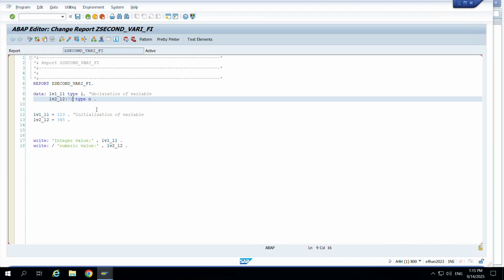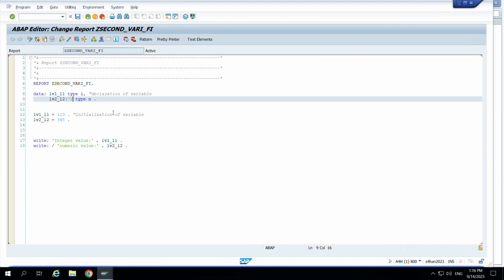Suppose we initialize our numeric type variable with only a 3-digit integer value, but specify the length as 7, then it completes the whole length by adding leading zeros. So this is the difference between integer and numeric. Integer displays all the integer value whatever we have declared, but numeric type data will contain only the single character value from the right-hand side. So we must specify the length of a numeric data type, same as character, which we learned in the previous class about character and string. This is the difference between integer and numeric.